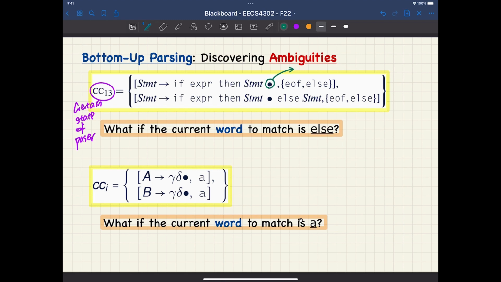So here, by reading EOF or else, right? Either this or this. We can reduce to the statement. That's the first one. All right? We agree with that. That's by the very definition. What about this one over here? This one is by